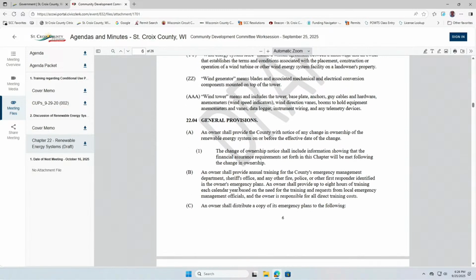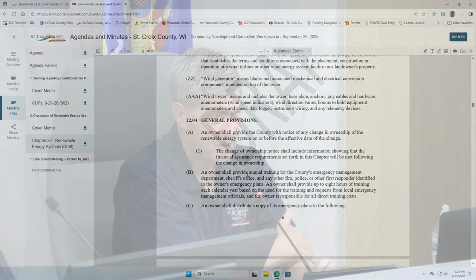Okay, if not, we'll jump into the general provisions. Provision A deals with the change of ownership of the facility, and sub 1 allows us to make sure they have the financial assurance requirements needed because of the ownership change. Supervisor Counter: Sorry, I just had one thing on calculating setbacks. Did we just go through the setback, or is that coming up yet? That's coming up yet. Okay, I'll wait till you do the setback. No problem. Thank you.